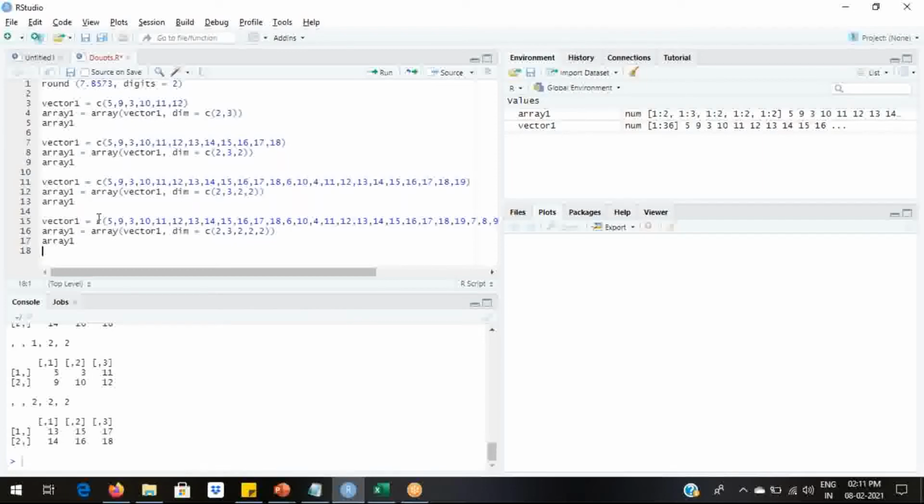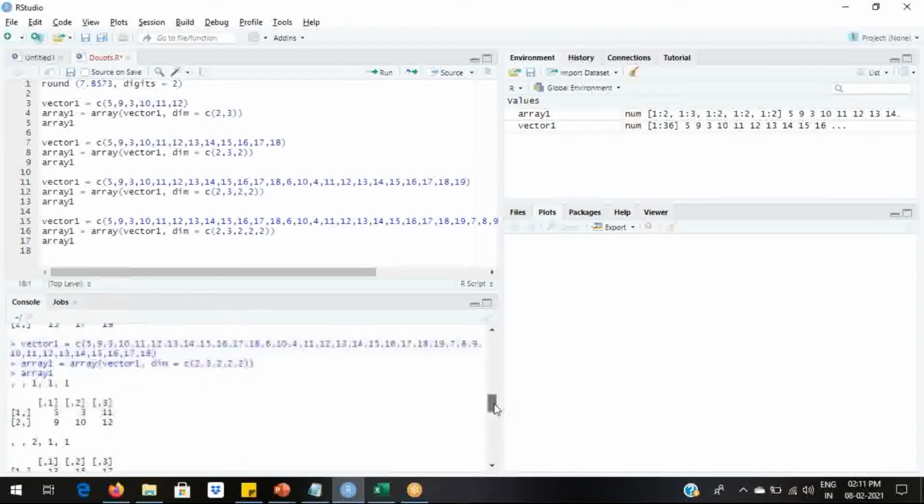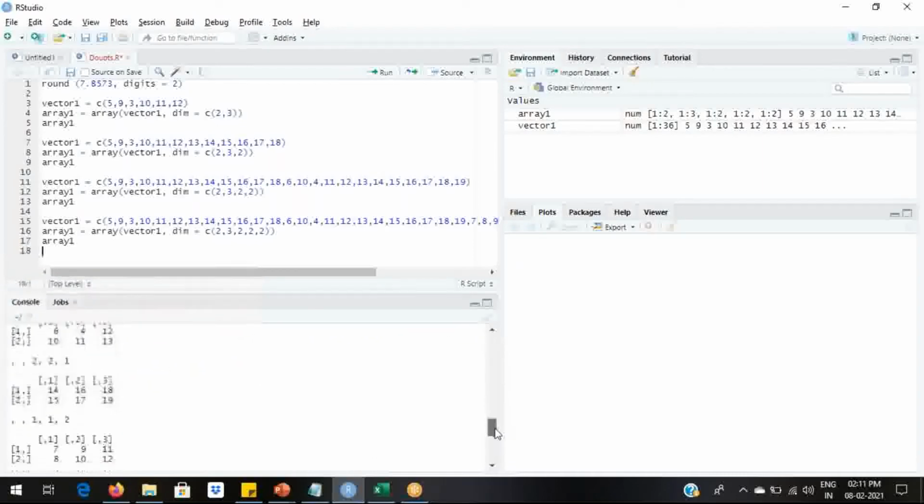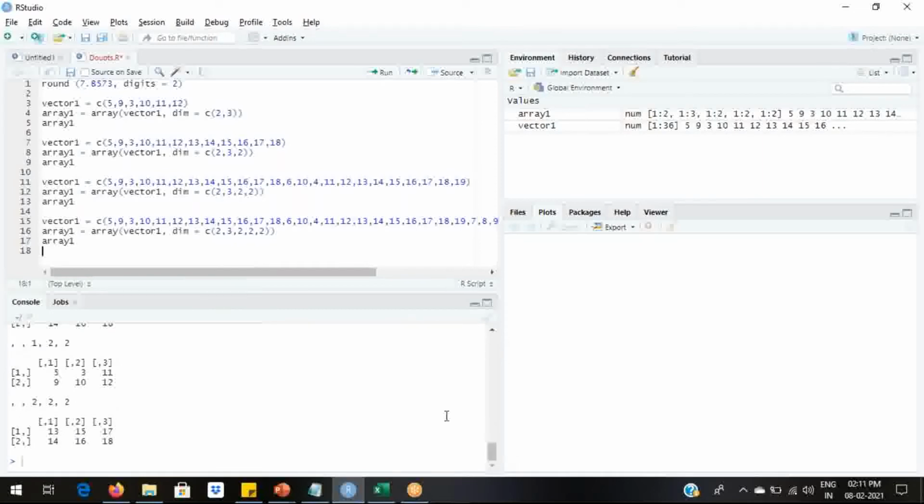Values per array is 6. So 48 by 6 equal to 8 arrays. We can see the output with 8 arrays with 6 values each. Similarly, you can try for any number of dimensions.